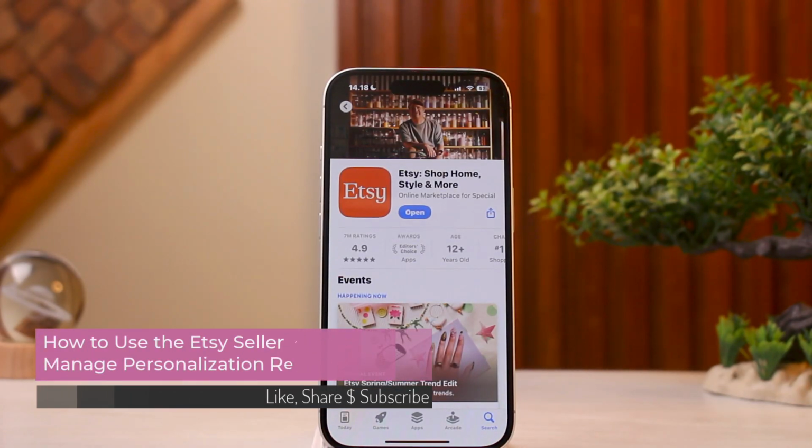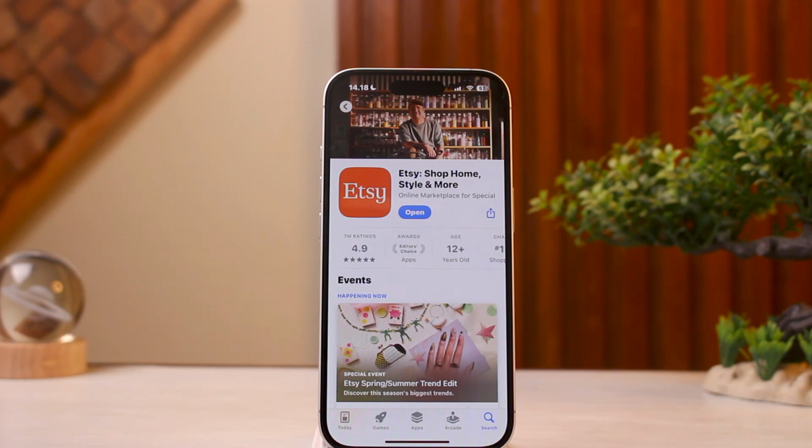So today we'll be talking about how to use the Etsy seller app to manage personalization requests. Managing personalization requests on the Etsy seller app allows you to review customer details directly on your mobile device to process orders quickly. So what you can do to